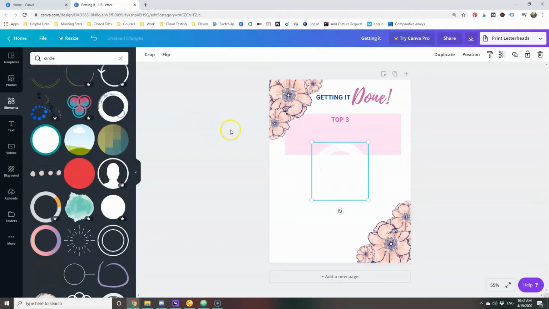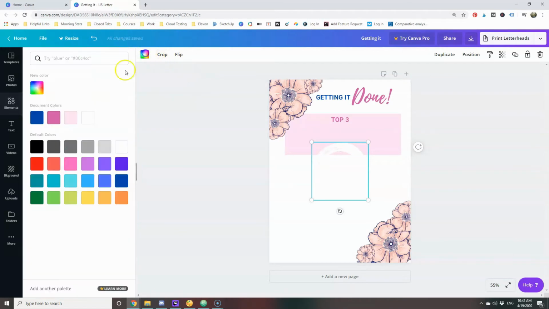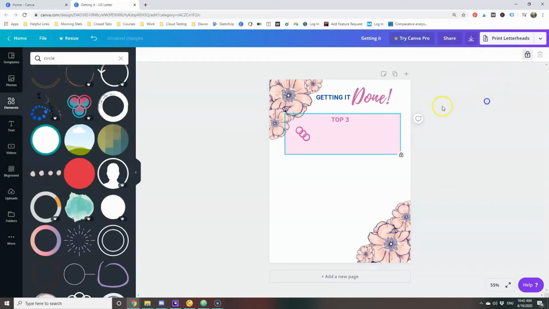This could be nice. Change the color. Perfect. And then I want 3 of those, so Control C, Control V. Now this block I want locked into place, and that way once I lock it, I can come in here and select just these. So I want to go ahead and drag one into position, and then I can use Canva's built-in